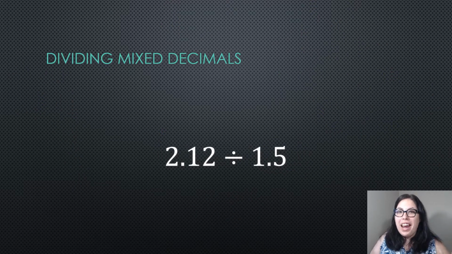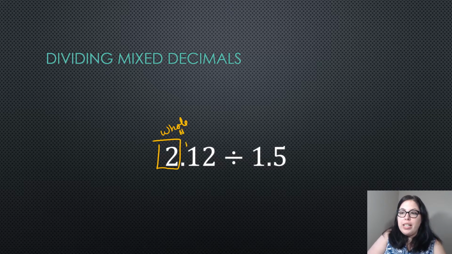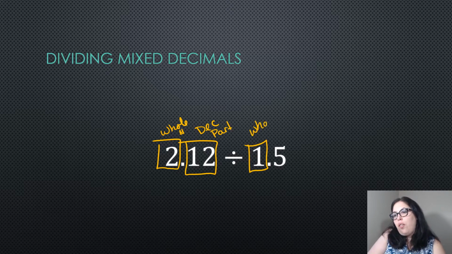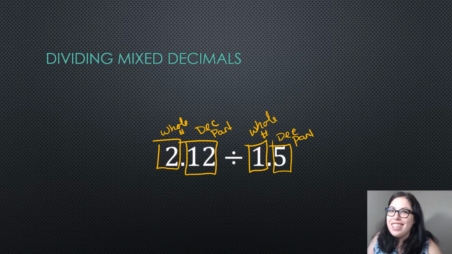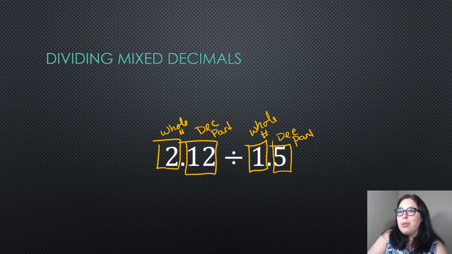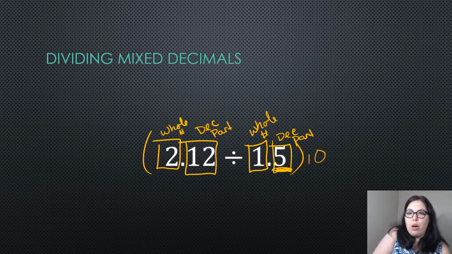So in this one, I have 2 mixed decimals. When I say mixed, I mean I have a whole number and a decimal part. Whole number, decimal part. And nothing really changes except for a little bit of fluency. So the steps are still the same. I got to figure out what to multiply this by. The divider needs 1 number out, so that would be a 10. My new problem is